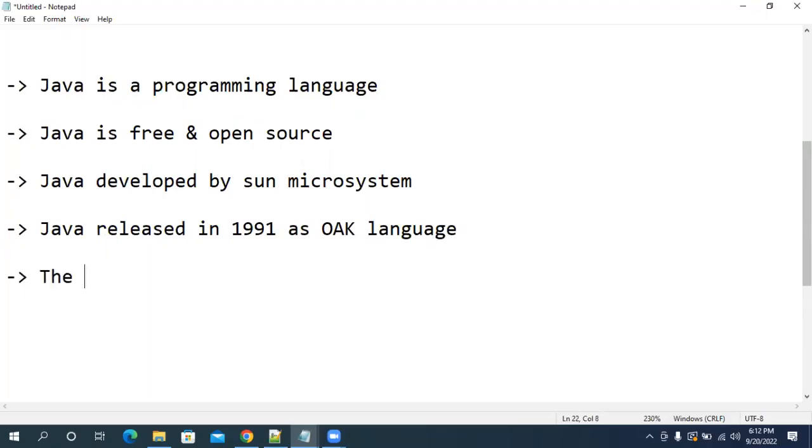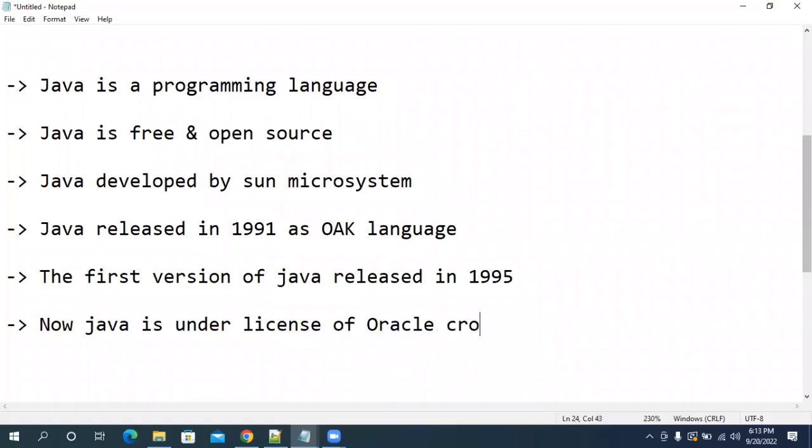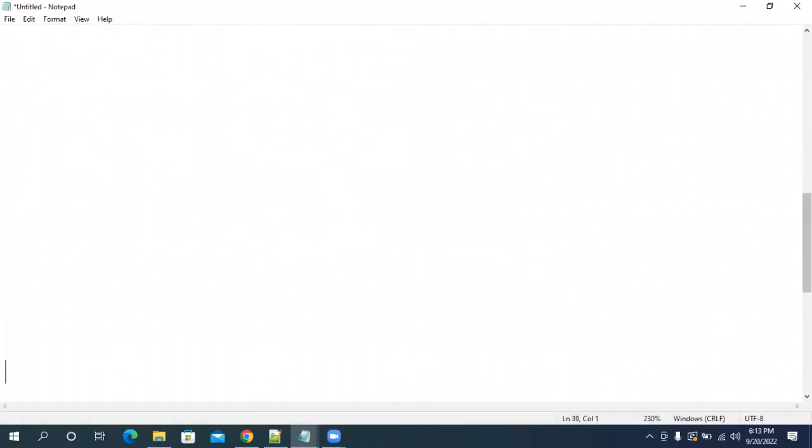The first version of Java was released in 1995. Java is now under license of Oracle Corporation.